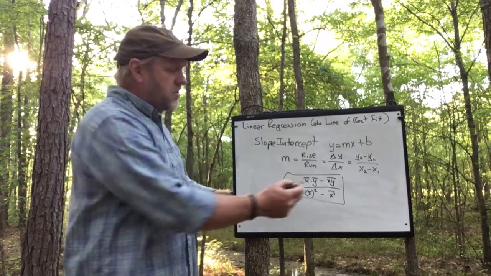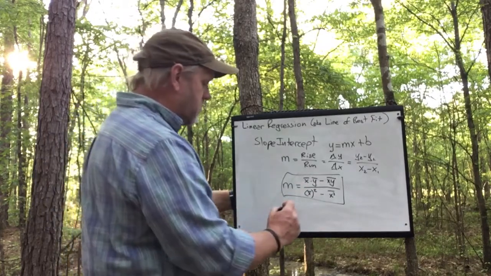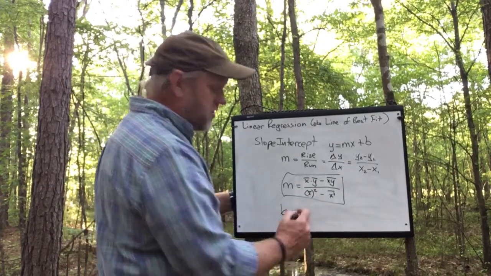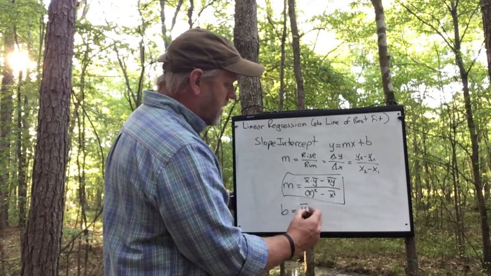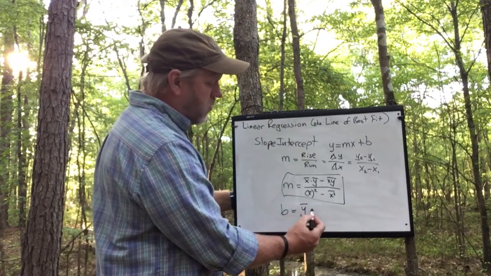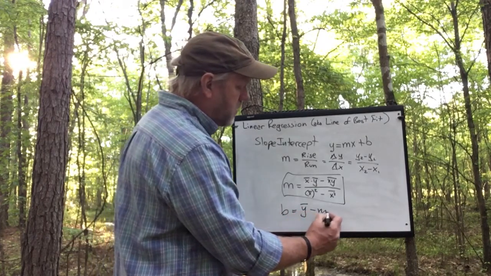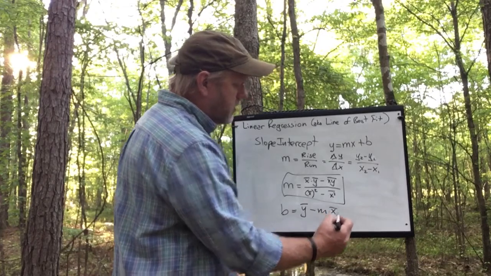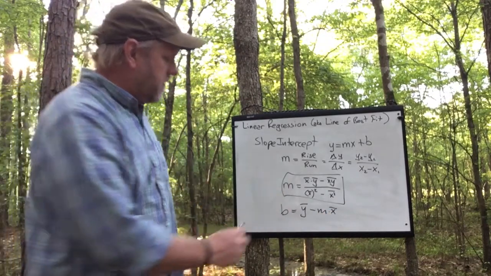To calculate the b value using these same terms for our data, that's a little bit easier. For our y-intercept, we simply take the average of all of our y values, and then we subtract from that the slope times the average of our x values. Once we can calculate these two numbers,